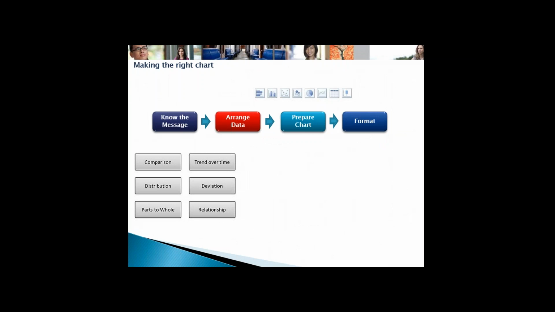But the main thing that I would like to stress over here is whenever you get a data, you first of all know what that particular data is talking about. So first of all, you take the correlation, then arrange your data, and then you prepare your chart. So arranging of data means putting it into a pivot kind of thing, and then making a chart, and then formatting the chart as you wish. Okay, so this is what I wanted to share with you before we proceed to the next topic.